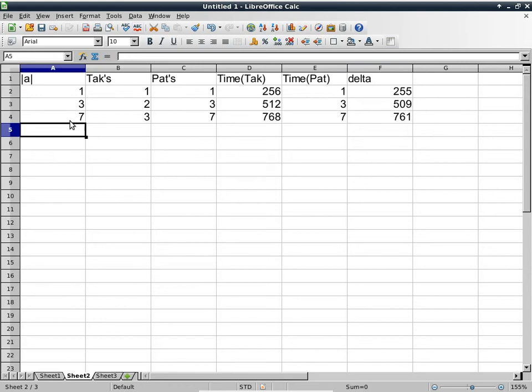It's not proportional to n. It's actually proportional to the next number here. Can someone guess what the next number is going to be? 15, exactly. The actual equation is,